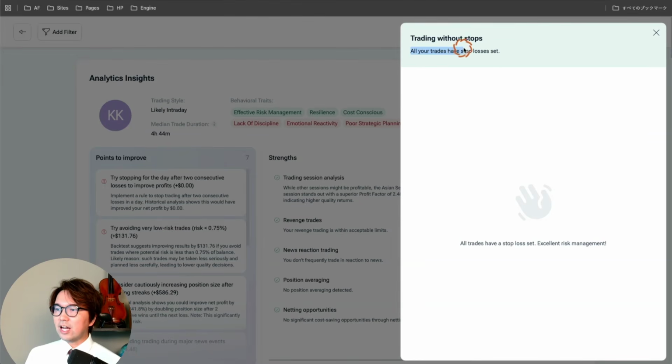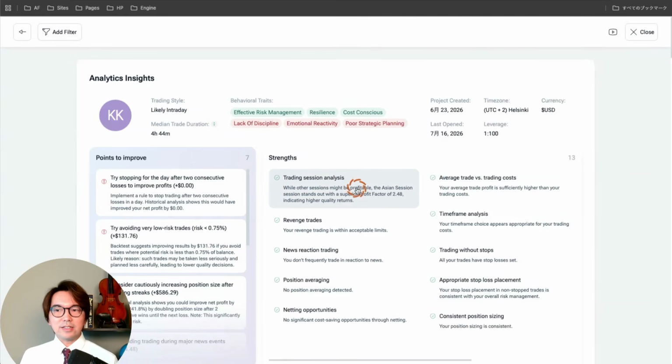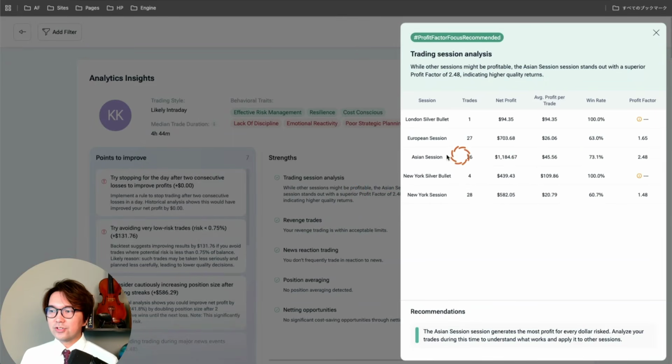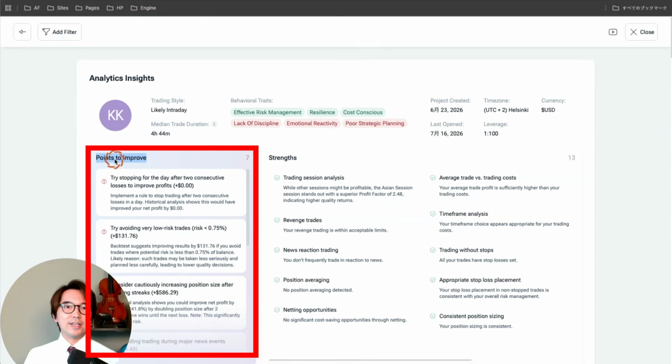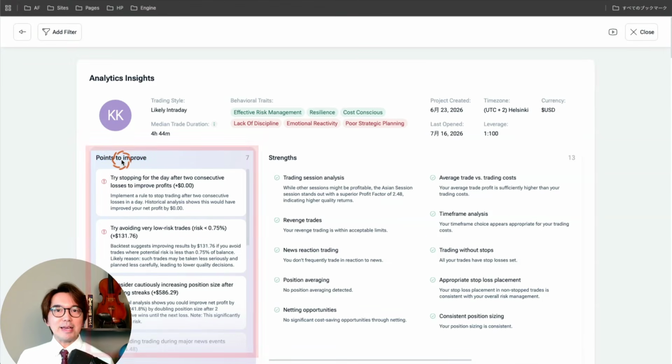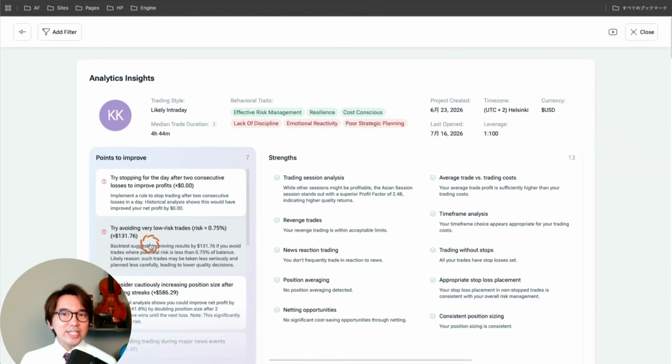All your trades have stop losses set. It also tells me that my profit factor during the Asian session is 2.48, which is the most among all the other sessions. But what we really need to look at here is the points to improve section on the left over here. The AI points out that I made overly low risk trades, taking less than